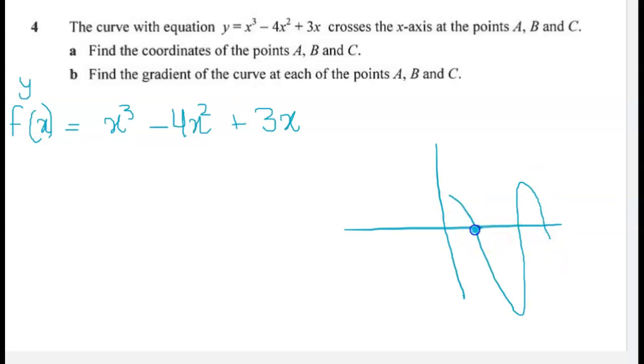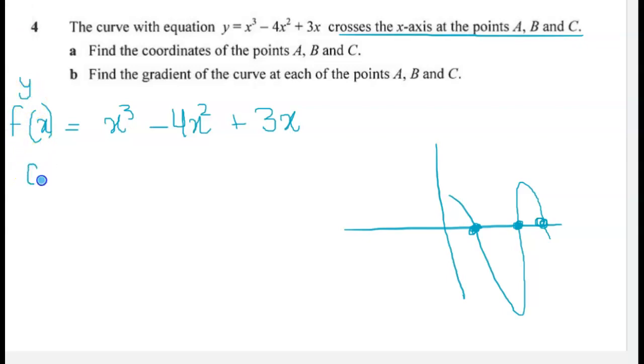So at that point, what is the value of y? The value of y at this point is 0, which means wherever the curve crosses the x-axis at the 3 points, the value of y is going to be 0. So I'm just going to exploit that fact, and I'm going to say,